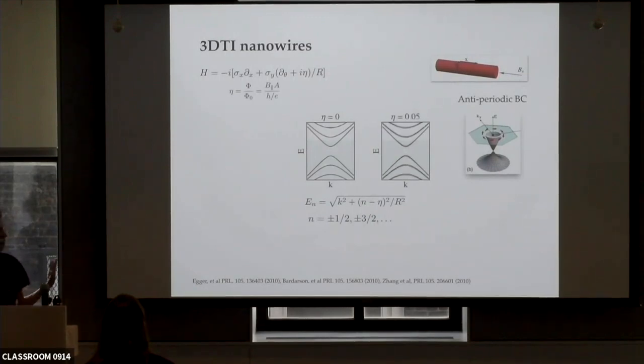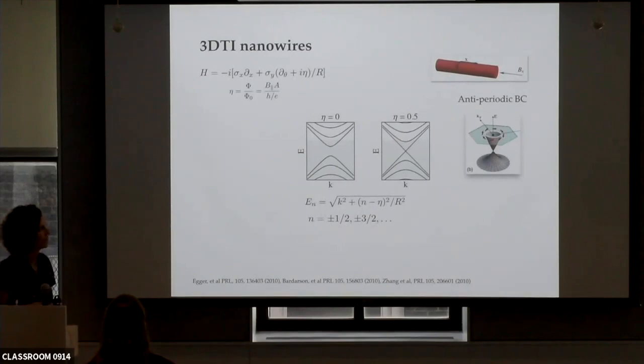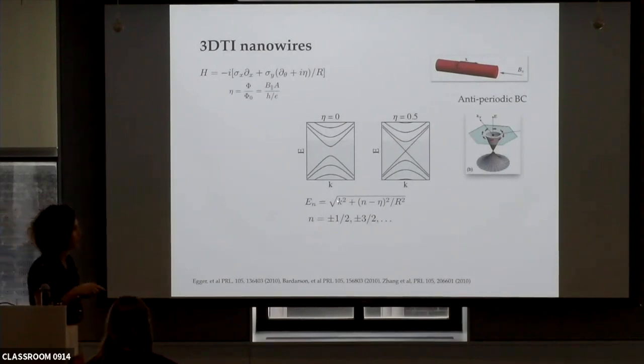The first thing that happens is that the degeneracy of the bands is lifted. Okay, and as you increase the flux, it lifts more and more. And then as we move towards half a flux quantum, something very interesting happens, namely that all the upper bands are still doubly degenerate, but they switch partners. Okay? And we are left with one mode that is gapless, linearly dispersing, and is not degenerate at all. Okay, so this is a singly degenerate band,